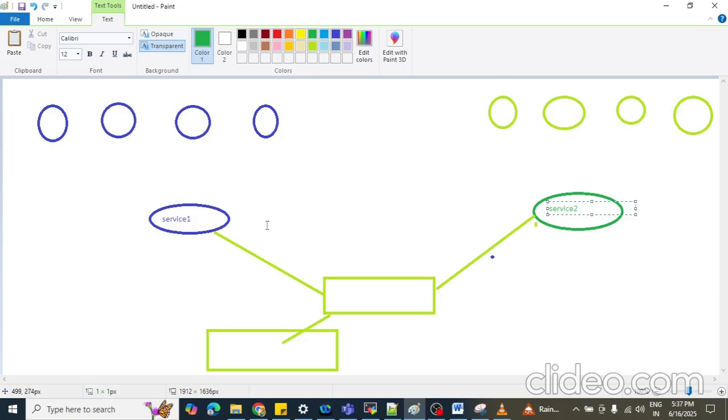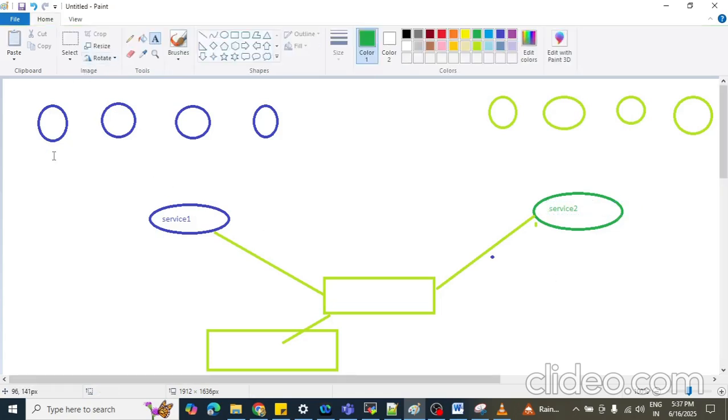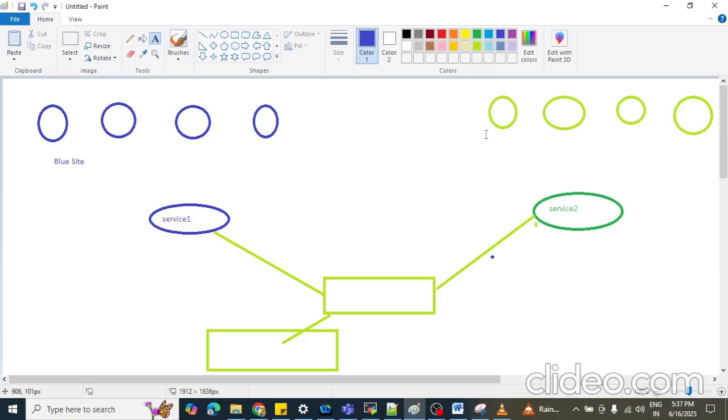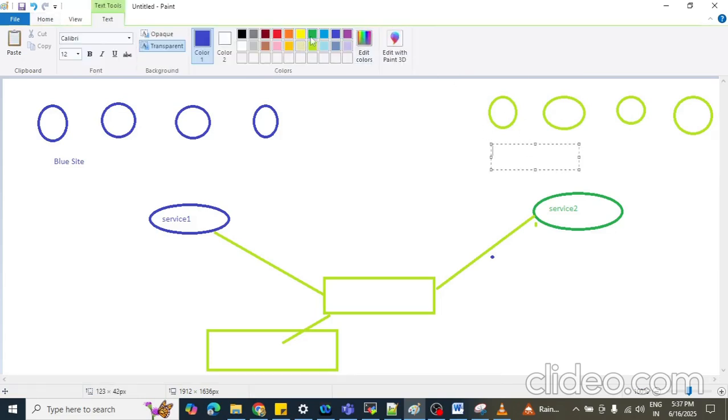This is your blue site, and this is your green site.